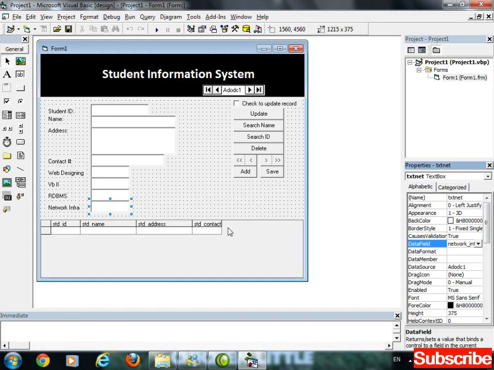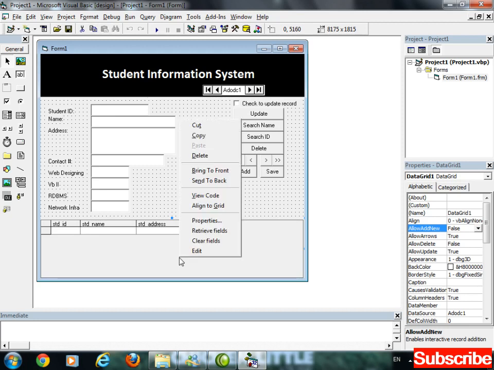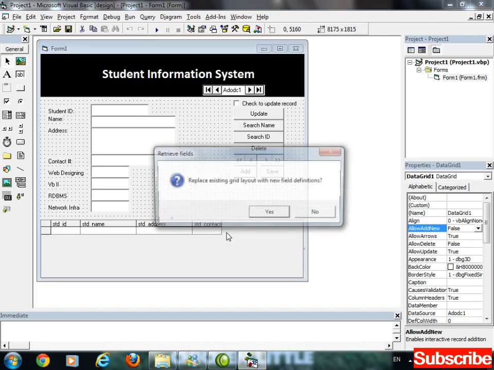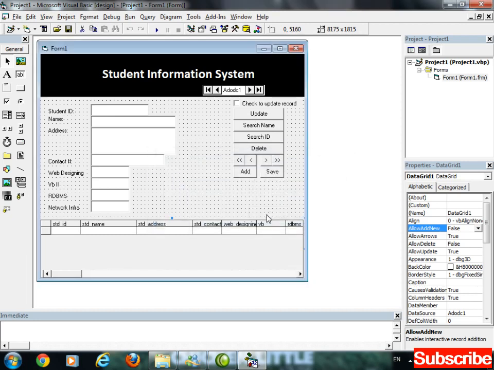Okay, now just try to add a new record. Before adding a new record, right click on the data grid control. Right click on the data grid control to retrieve new fields from the database. Now we have 4 fields. These are the old ones. For retrieving new fields, just right click on the data grid and select retrieve fields from the database. Replace existing grid. Yes, this will replace the current form. Okay,